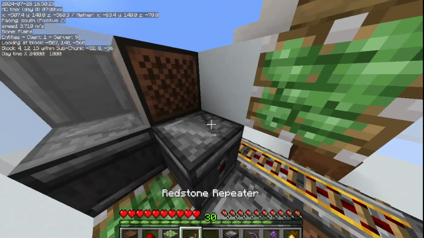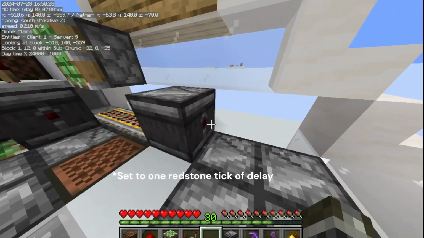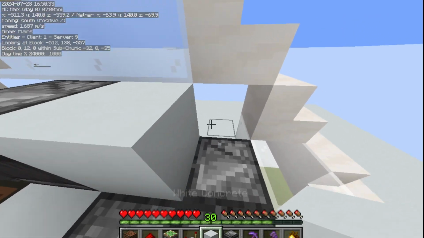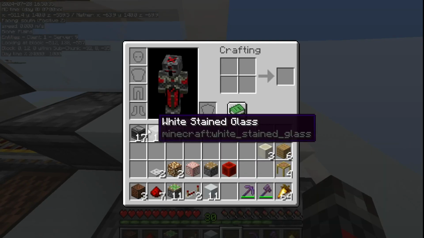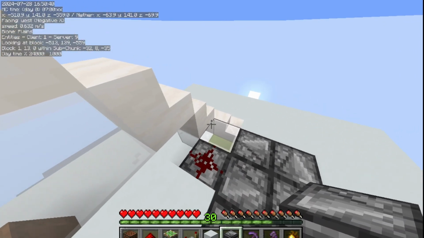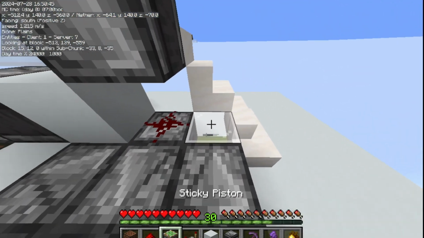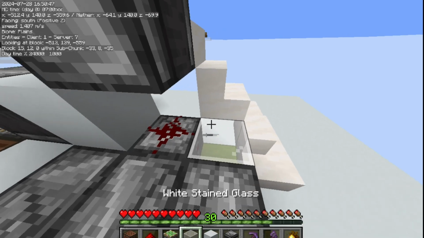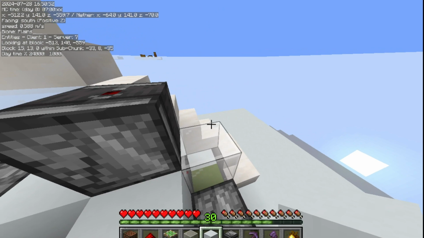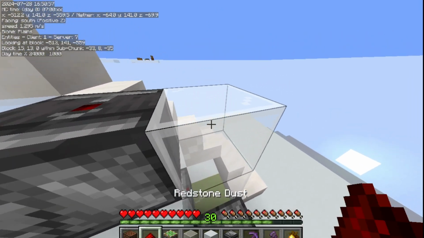And then you're going to want a redstone repeater here, observer here, solid block here, redstone dust right here, observer above it, and then here you're going to want just another, actually you're going to want